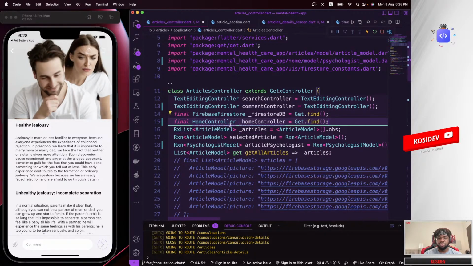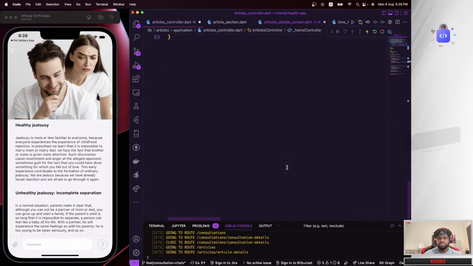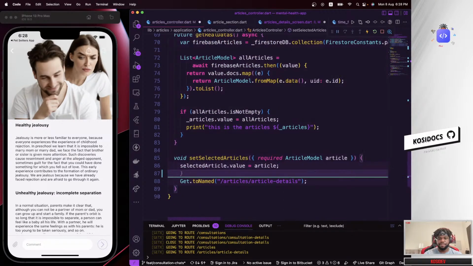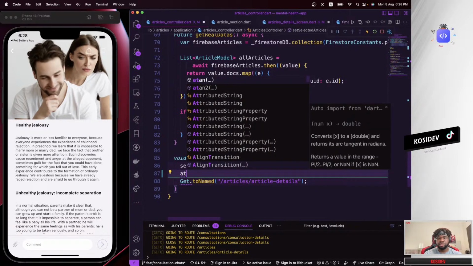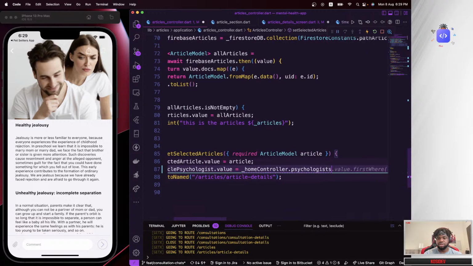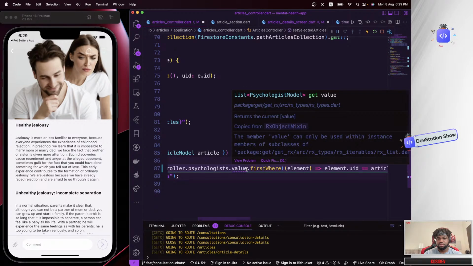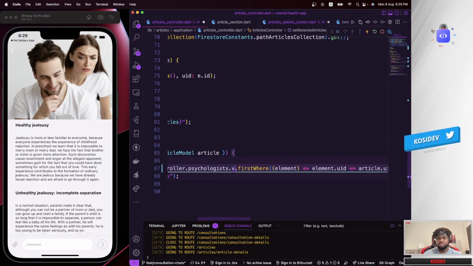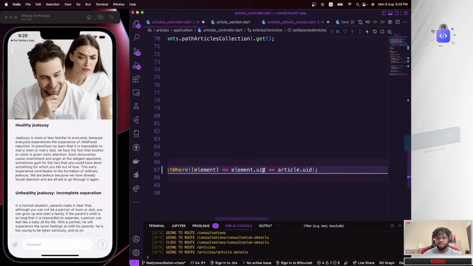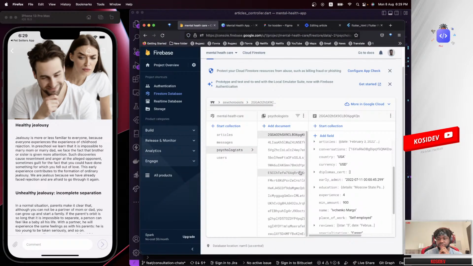I'm going to say home controller, import this, get use of this, and I'm going to say article psychologist dot value will be home controller dot psychologist dot value first where element, so dot where elements dot uid is equal to article dot, so that it should be article dot,